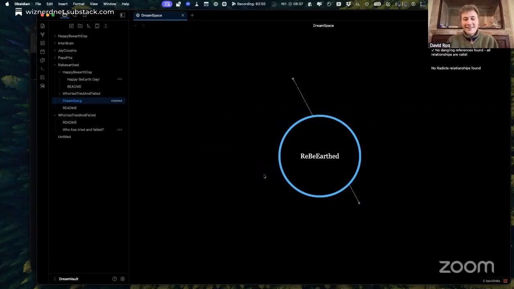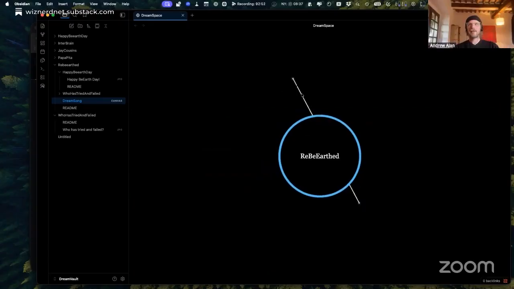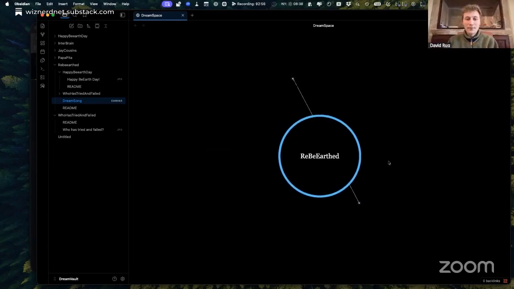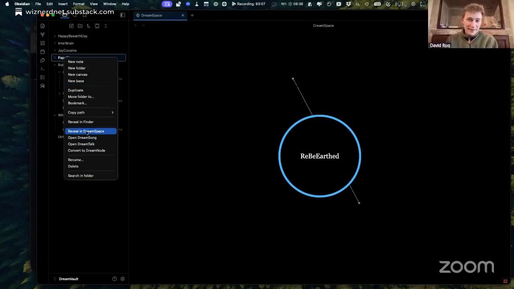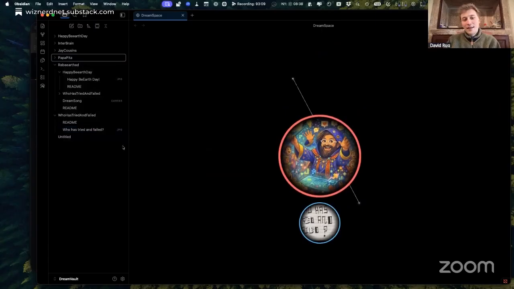Oh, did you see that? You now have a constellation connection. Yeah, and you can click that, but this is already the selected dream node. But if you select, for example, Jeremy, Papa Peter, open every dream space. Yeah, so here, if you hold the Option key,